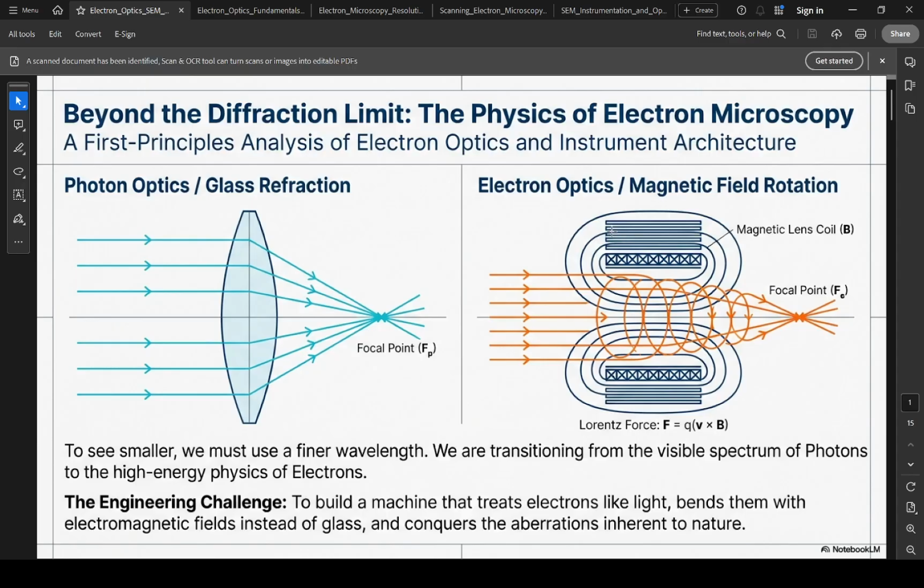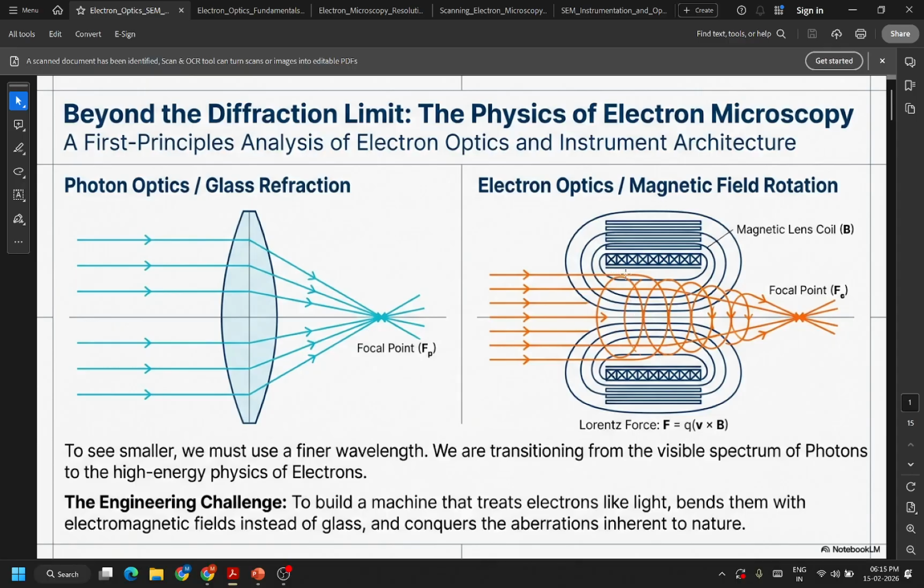Whereas in electron optics, the focusing is done through magnetic coils. The principle is basically that when electrons are moving in a magnetic field, a Lorentz force is applied on them, which is F equals q v cross B. Since it's a cross product, the force is perpendicular to the movement of electrons as well as perpendicular to the magnetic field,